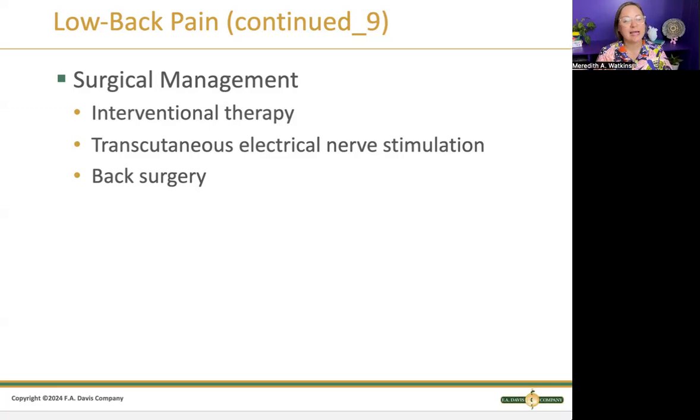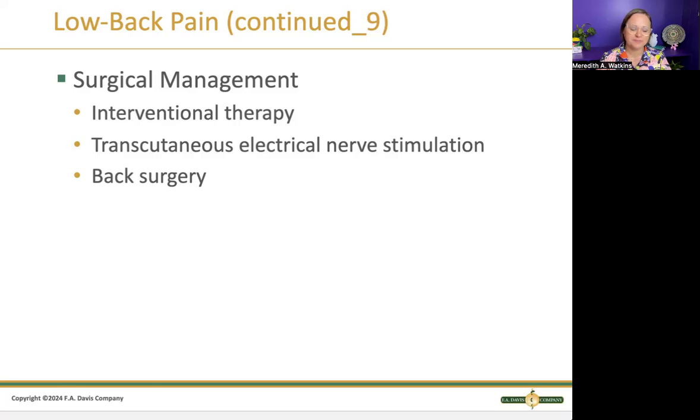They can also use TENS units, transcutaneous electrical nerve stimulation. These are little stickers that are put on the outside of the body, and little electrical impulses are sent through, and the patient will feel this tingling sensation. And TENS units are great for musculoskeletal injuries because they disrupt the nerve paths and kind of confuse the pain nerve receptors. And so the patients will experience a decrease in pain as they feel this kind of just tingling